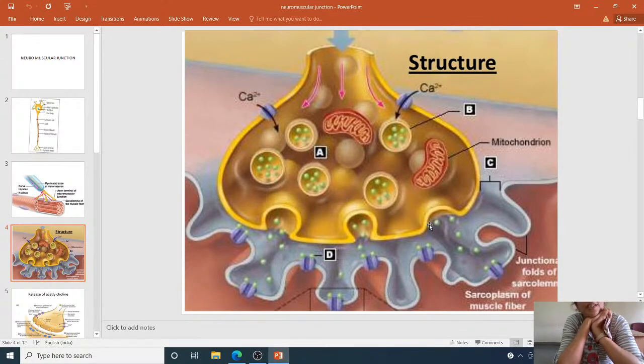Now, coming to this synaptic terminal button, as you can all see, the terminal button has these vesicles and the mitochondria, and the vesicles store the neurotransmitter acetylcholine. So where is this acetylcholine coming from? It is synthesized by the mitochondria. You can see the mitochondria there. Acetylcholine is synthesized within the mitochondria and stored in